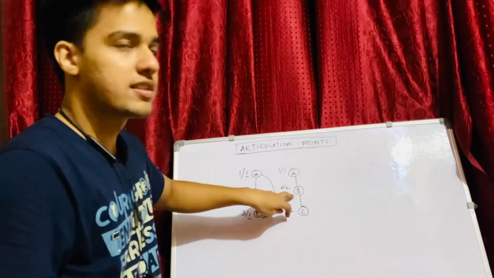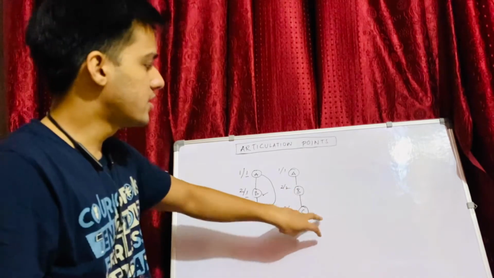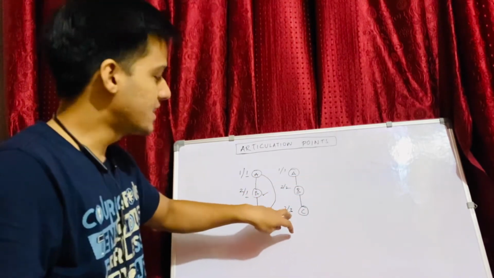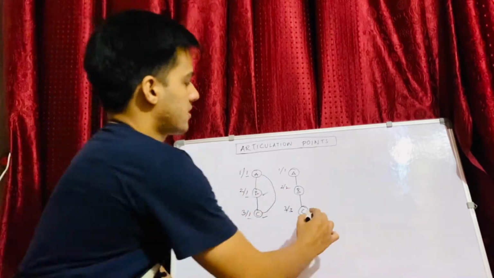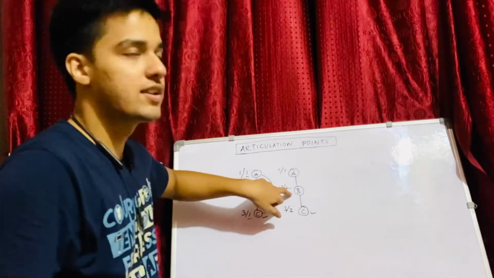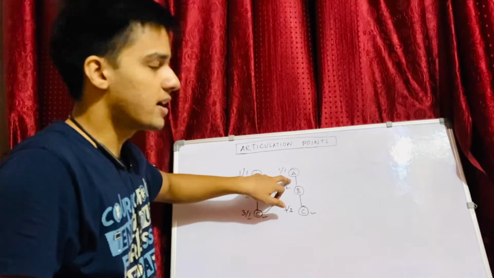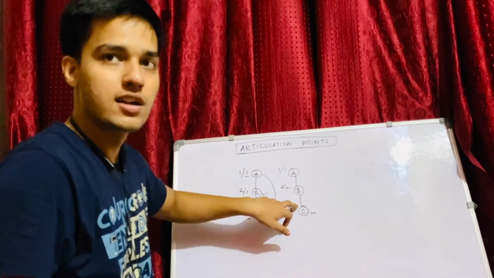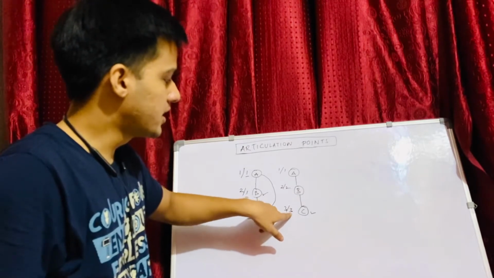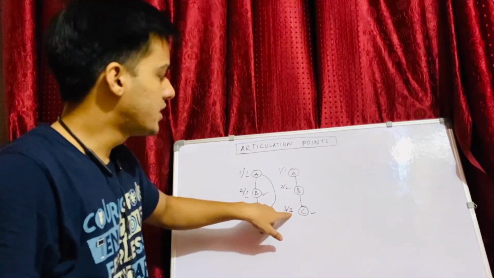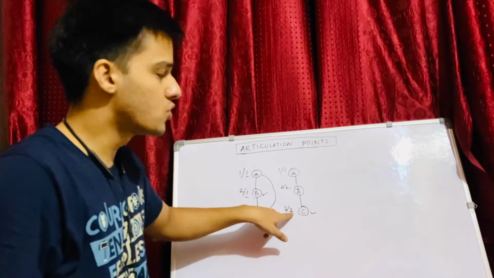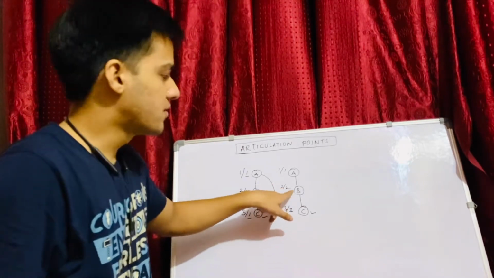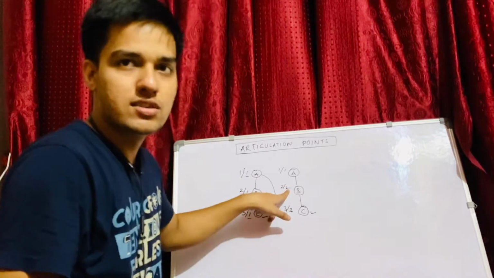From here, this is the parent, so I don't want to consider this part, and there is no other path from here to here. So lowest discovery time will still be 3. Now the DFS for this is complete. I'll come back to this node. This is the parent path, so I don't want to consider this, but I can consider this path, right? So for this child, there is 3. So I need to consider the minimum of 2, 3, the low time of B and the low time of C, and it would still be 2, right?